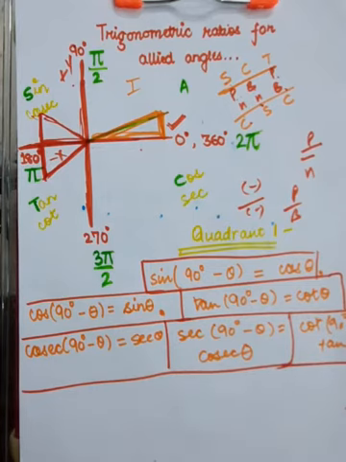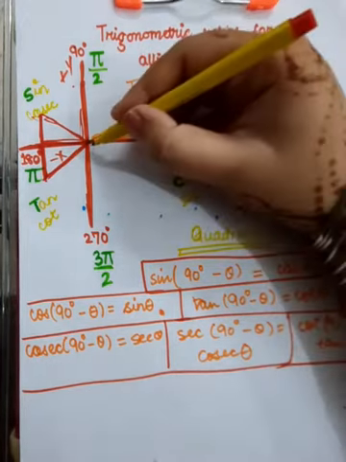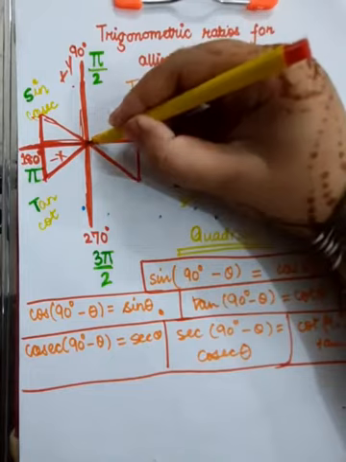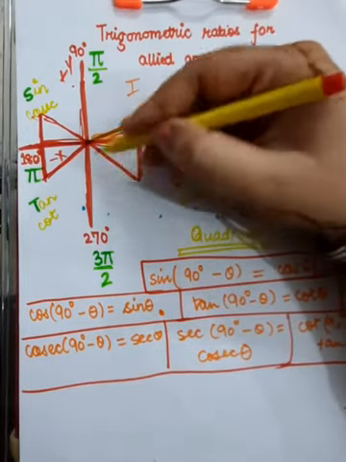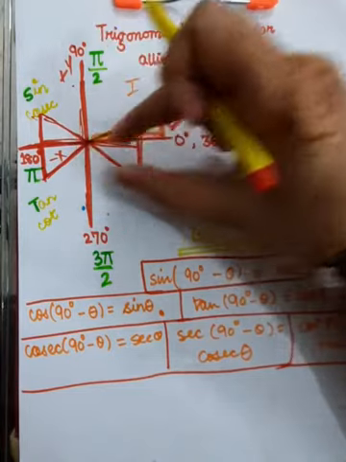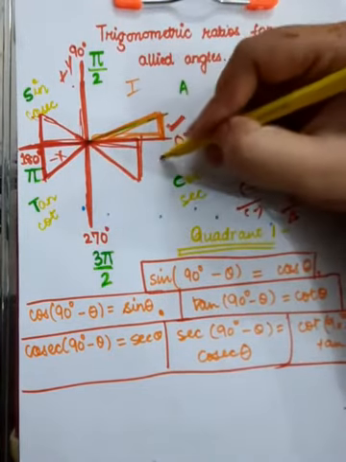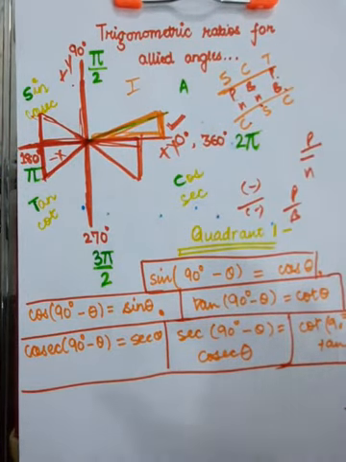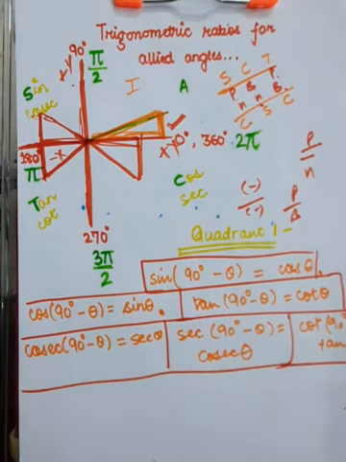Fine. Now we will talk about the fourth quadrant. Suppose you have a revolving line in the fourth quadrant. So this is the perpendicular and this is the base. Can you see that the perpendicular is still negative because it corresponds to the negative y-axis and the base is on the positive x-axis? So this means here in the fourth quadrant, the base is positive but the perpendicular is negative. So all the quantities which involve the perpendicular will be negative, and the ones which do not involve the perpendicular at all will be positive.